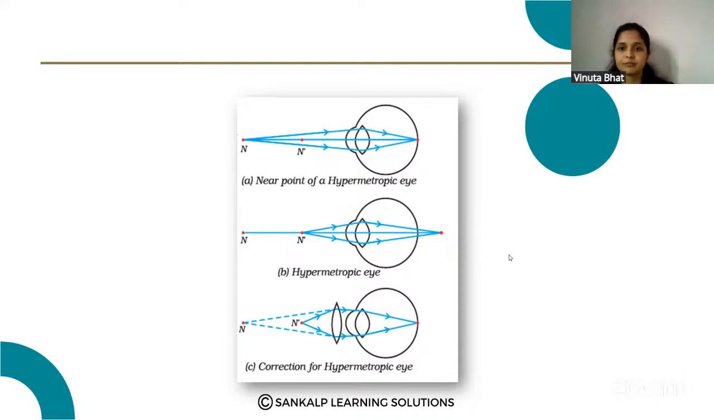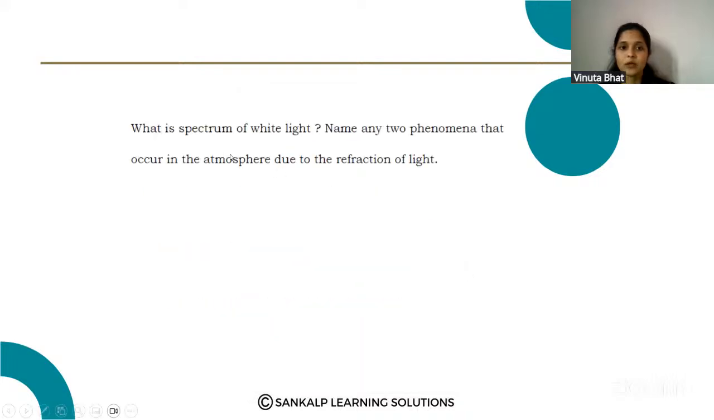Next question. What is the spectrum of white light? Name the two phenomena that occur in the atmosphere due to the refraction of light. Here we know what the spectrum of white light is. Now the answer for the next part: name any two phenomena that occur in the atmosphere due to the refraction of light,